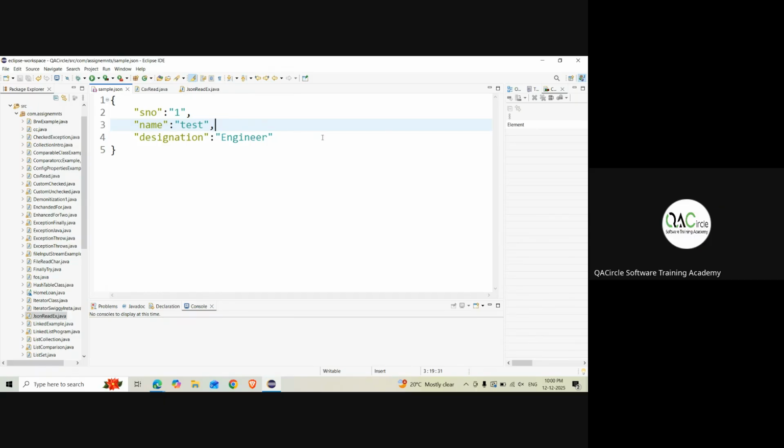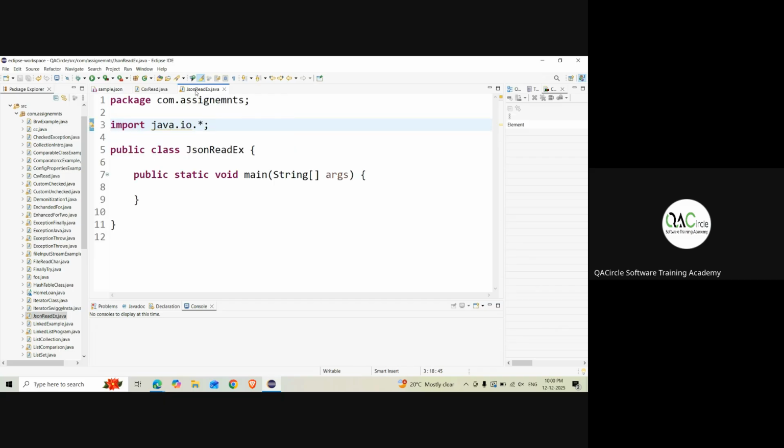It's a very simple JSON. In the future we'll have nested JSONs, etc. In the PDF which I'll share with you guys, you can look into that. But for now, let us try to read this JSON file. Let us try to get the serial number, name, and designation, and also let us try to write in a JSON. Okay, same examples, everything is familiar. Okay, now